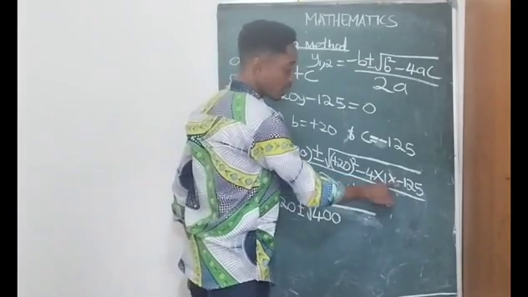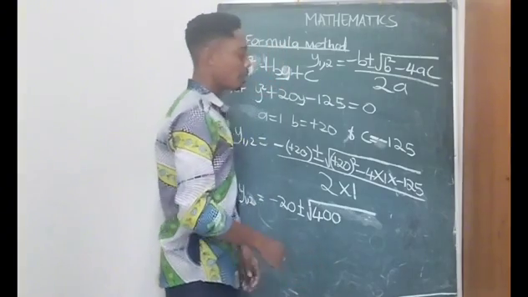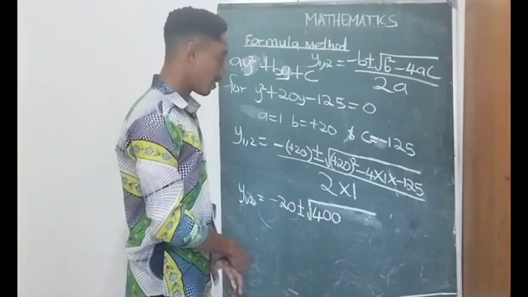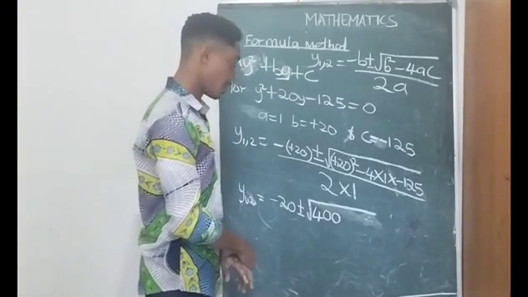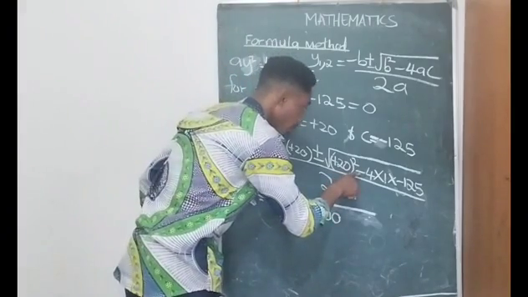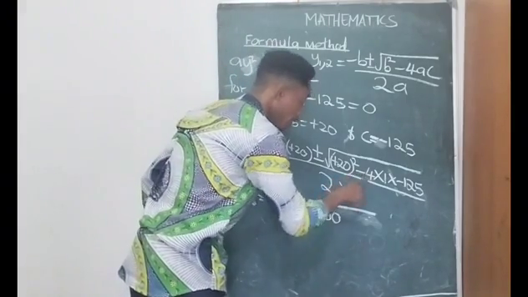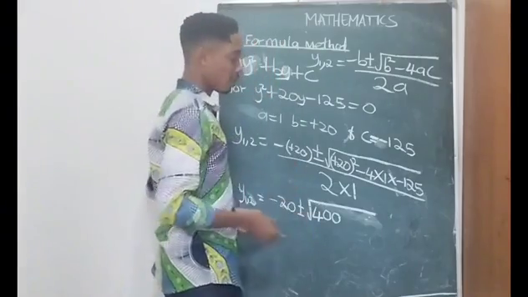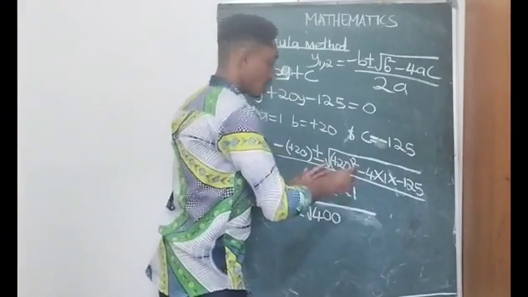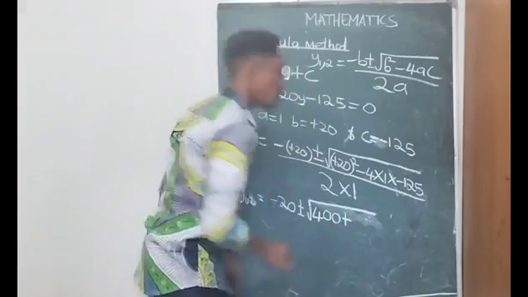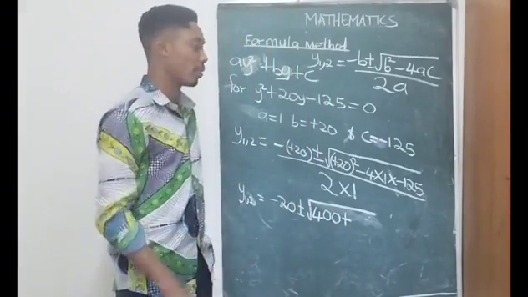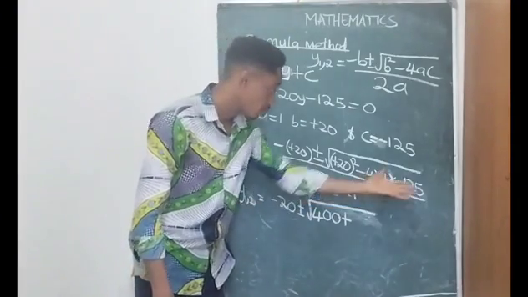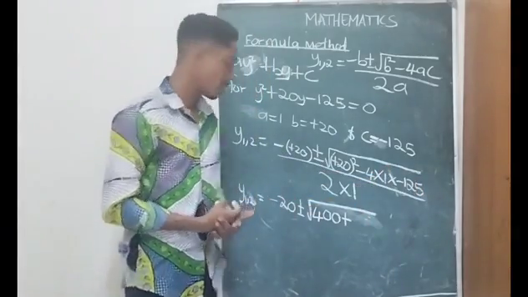And minus 4 times minus 125 will give you a plus. Minus times minus is plus, so you have a positive answer. If you complete the multiplication, what you have is